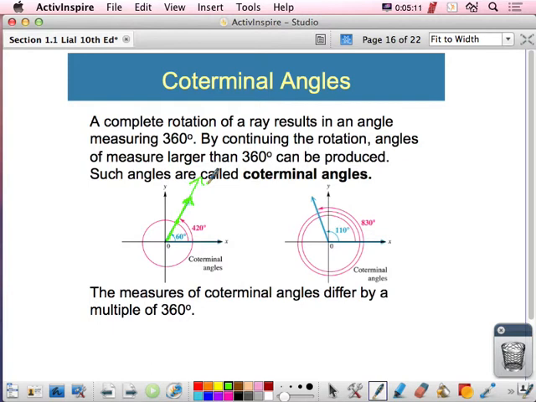So over here I took an angle of 110 degrees, and then we rotated another whole time around and another whole time around again, and it produces 830 degrees. Does anybody know how to get there? What would I take 110 and add to it to get there? Well, to go around once I would add 360, and that would give me